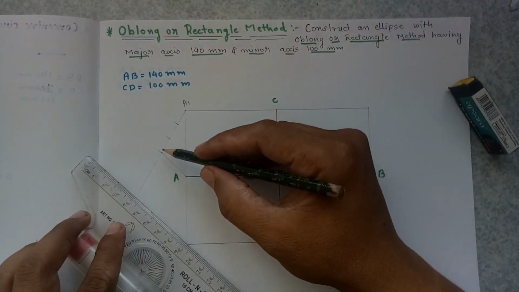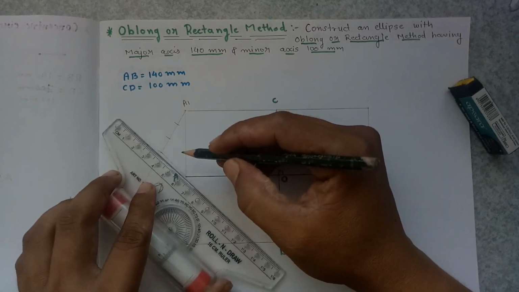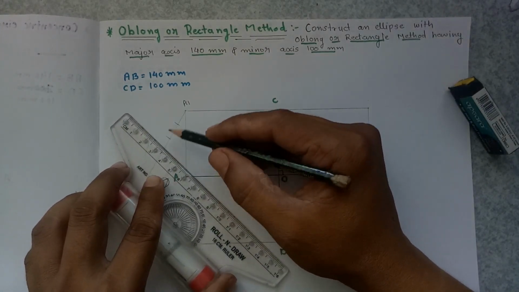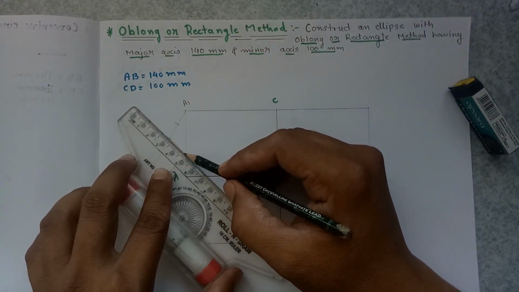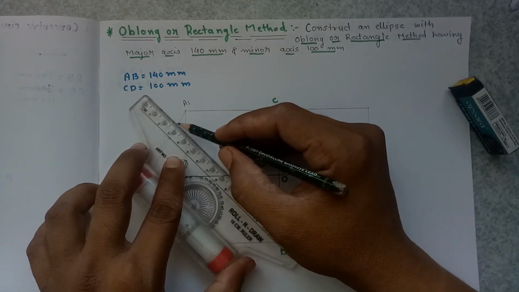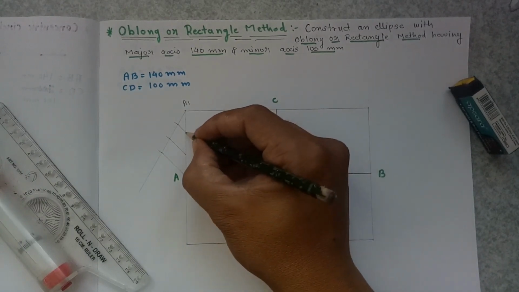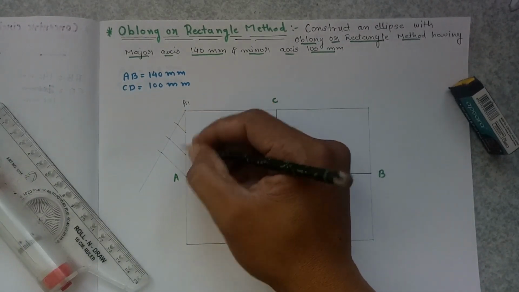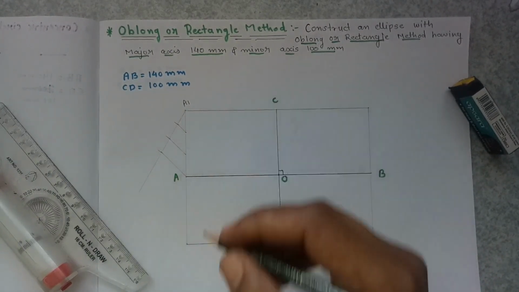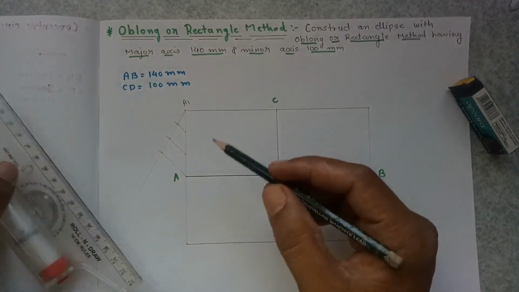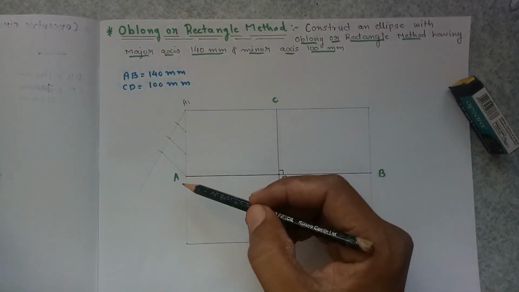Now draw lines parallel to this line passing through these particular points. We'll divide this line into 3 equal divisions. Make sure that we have to divide this line into 3 equal divisions. Now as we have divided this line into 3 equal divisions,